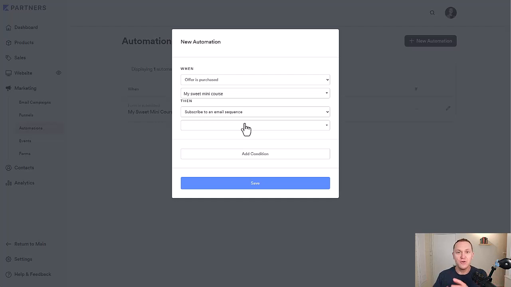And what it's going to do is nurture them to join a different product, we'll say. It's going to kind of progress them into doing this. So it's all happening for you automatically. It's just a series of emails. Let's just say My Sweet Mini Course email sequence, but let's say that was for a completely different